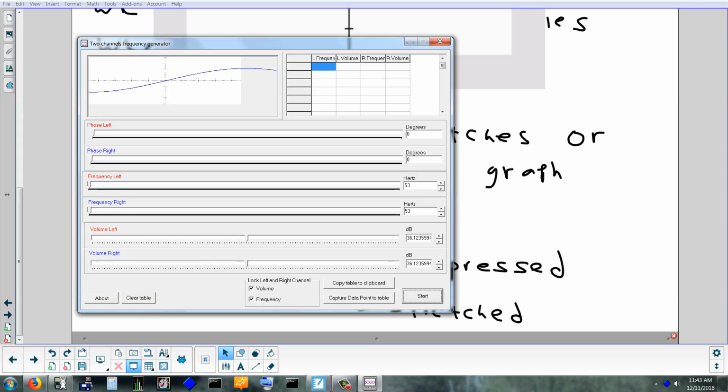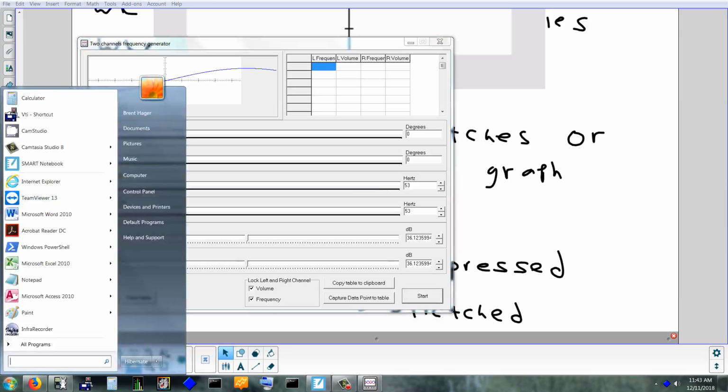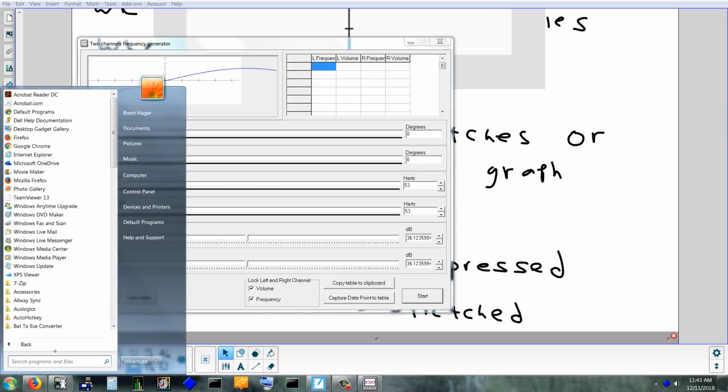The glass panes in the windows probably wouldn't be able to resonate as well because they're held on all sides, so it prevents the glass from vibrating. But if you have a regular wine glass and you flick it with your finger, you hear the sound that it makes, that's the sound that it resonates at. So if you had some way of figuring out exactly what that sound was, which if you have something like this,